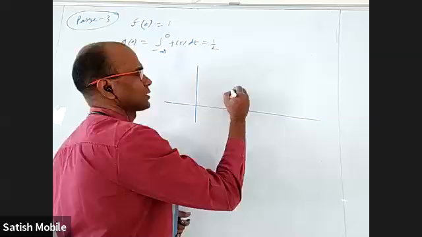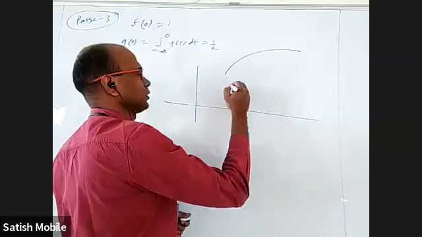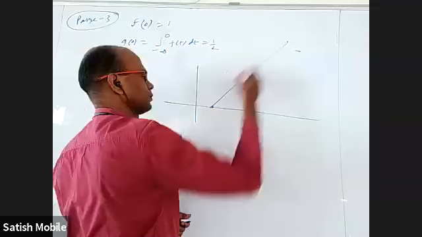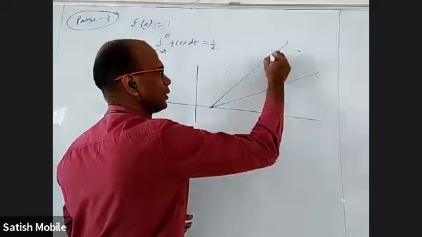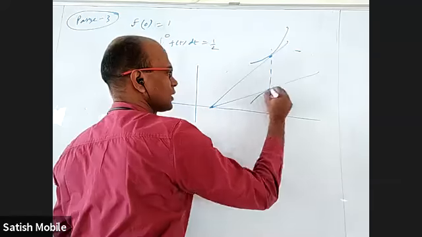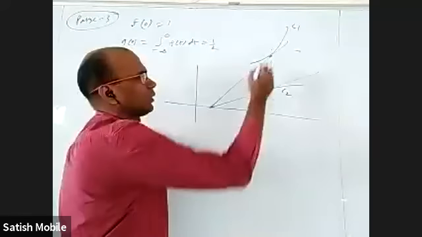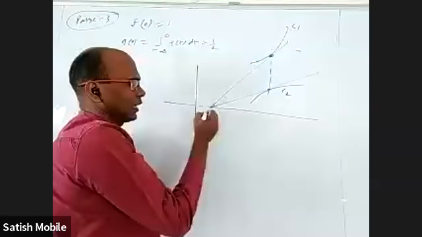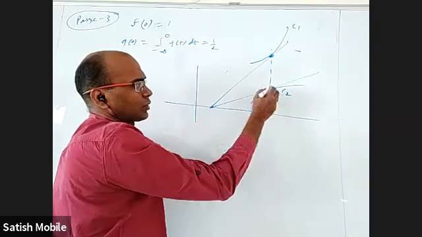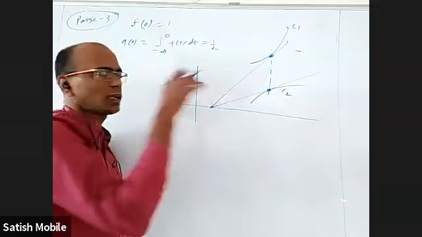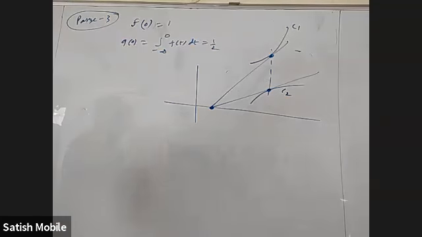Okay, so let us say one curve is like this and one curve is like this. This is curve 1, this is curve 2. At a particular point on curve 1, you draw a tangent, and with the same x coordinate but different y coordinate on curve 2, there is a point, you draw a tangent. These two tangents can meet anywhere, but they should meet on the x-axis only.